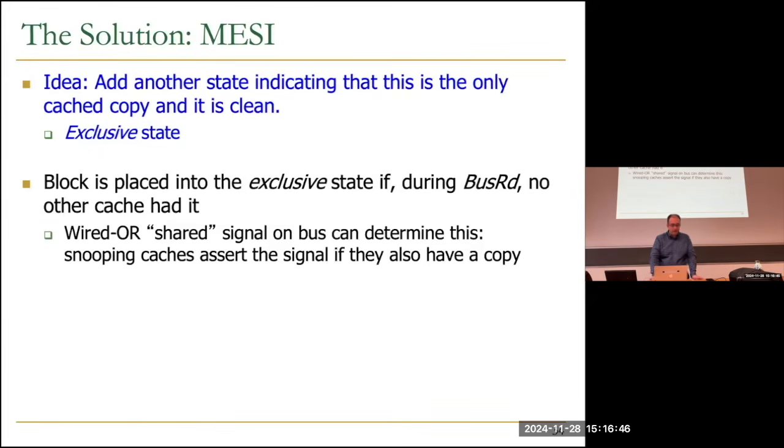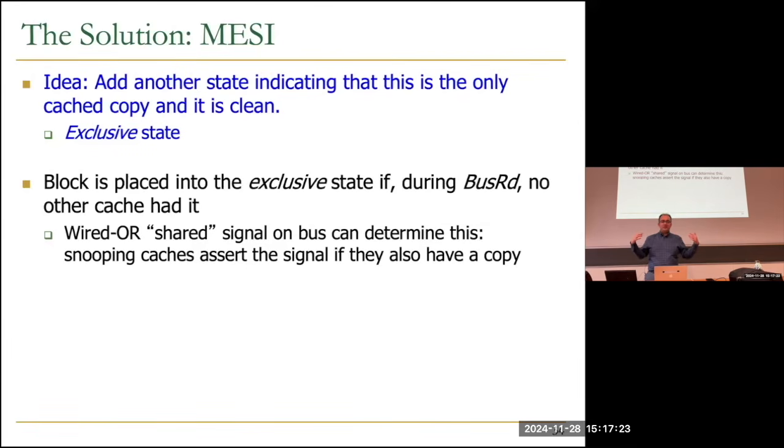So how can you realize that you have the only copy? One way is to use a wired-OR implementation. You have a bus, and all caches are observing this bus, right? When you are in an invalid state and you want to read a cache block, all caches observing the bus, if they have a copy of this, they can assert this wired-OR. This is a wire such that if one of them is one, then in the end it is one, meaning that your access is not exclusive.